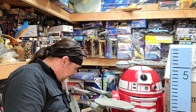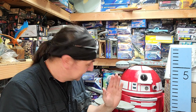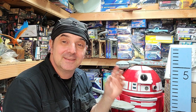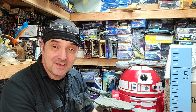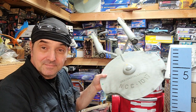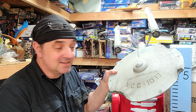And one kit that I built immediately when it came out, because I knew everyone will build the Enterprise. I do not build the Enterprise. I collect the Enterprise. I like to have all the ships named Enterprise, but I will not build it due to everyone else building it. I was like, man, there's more ships out there. They make different names for everything. But when Polar Lights came out with the big Enterprise kit, I was like, I'm building the Constellation,